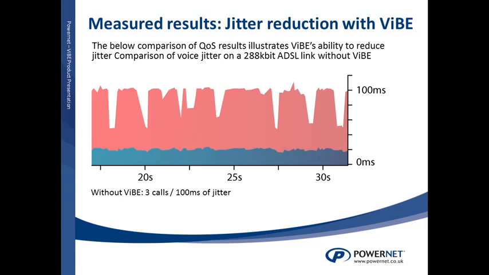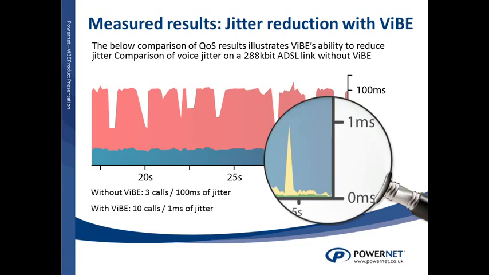So in terms of actual jitter reduction, this graph shows that on a 288K ADSL link, with 3 calls, we're experiencing 100 milliseconds of jitter. Now, in technical terms, what that means is that if you're a really good listener or if you have sensitive hearing, you may be able to detect that level of jitter. However, for most people, that would be a pretty standard call. They wouldn't be able to tell if you're using IP voice services or a plain old telephone system. Highlights here are transporting 10